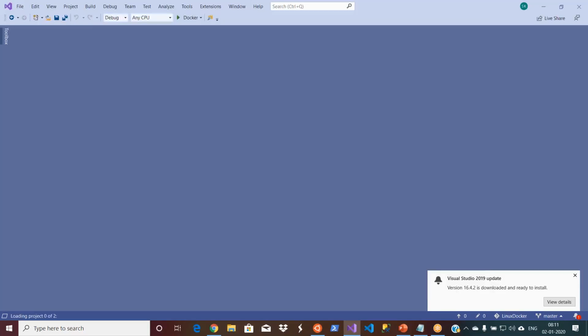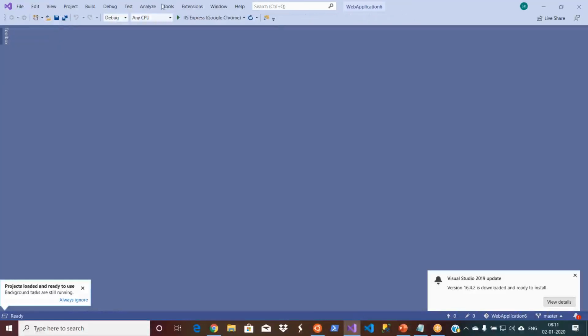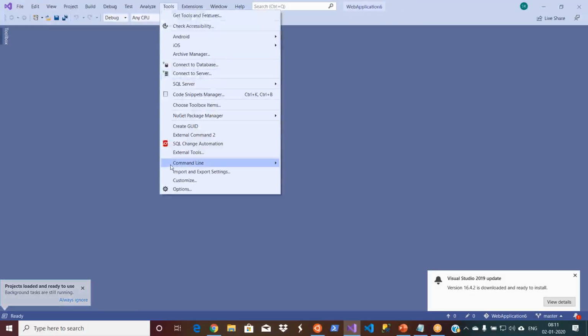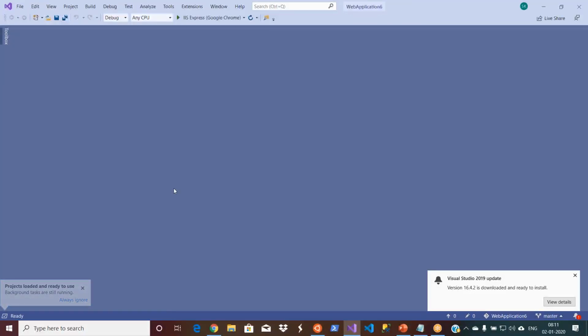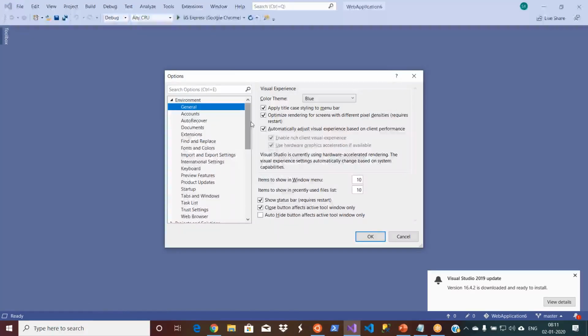Let's open it first. Whenever your version control system changes, the easiest way to troubleshoot is to go to Tools and then Options. These options contain all the options related to your IDE.